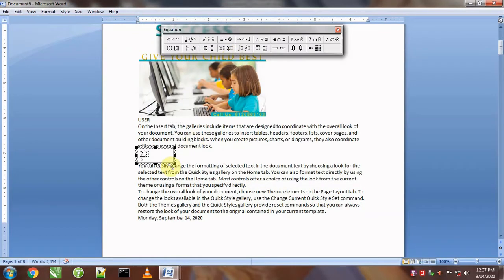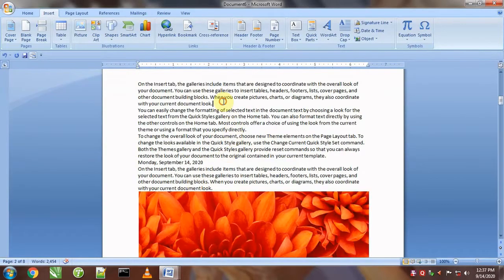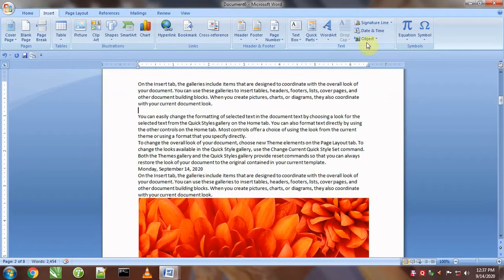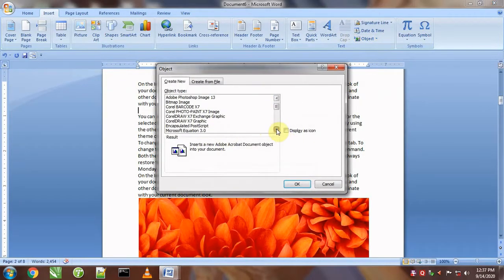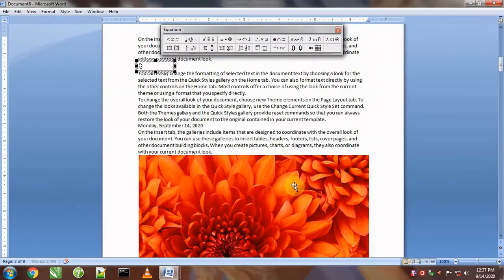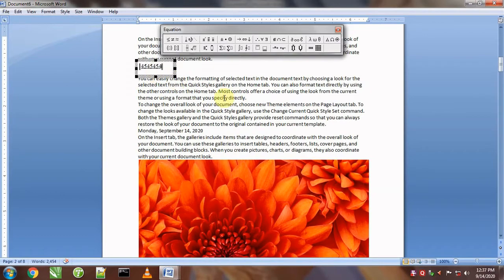It is one more equation, contains some text. Here is one more equation. It also contains some data.